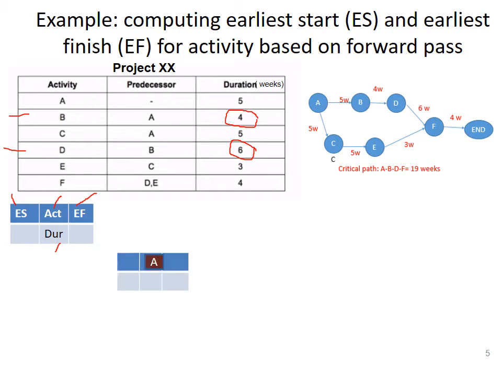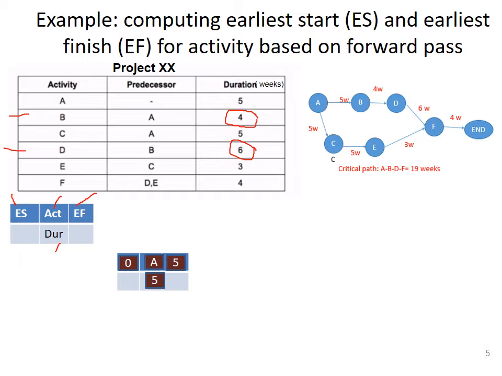Okay, so kita mula dengan activity A. Activity A kita tahu duration ialah 5 minggu, so kita akan masukkan duration sebagai 5. Okay, untuk earliest start time, since A ialah aktiviti pertama dalam projek, bermakna A akan bermula pada week 0. Okay, A takes 5 weeks to complete, so 0 plus 5, earliest finish time would be